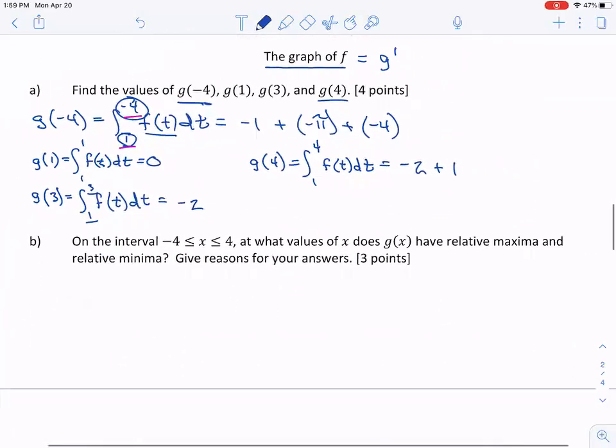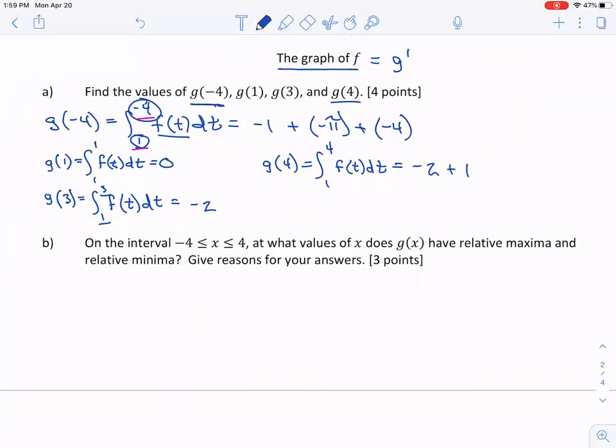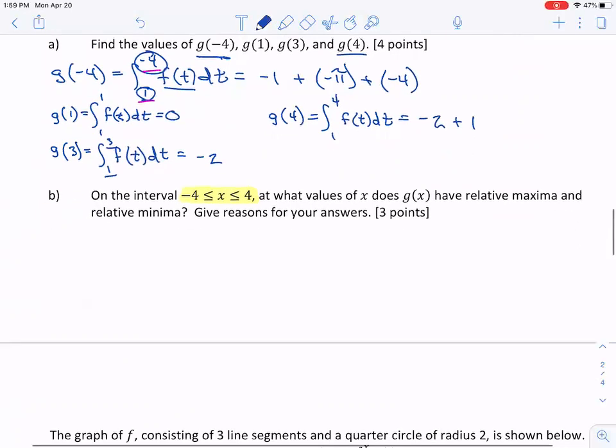Okay, next part, on the interval from -4 to 4. So again, I want to be cognizant of that interval, -4 to 4. At what values of x does g at x have relative maxima and relative minima? Give reasons for your answers. Well, g at x is going to have a relative max and relative min when g prime, I'm just going to write that, g of x has relative max